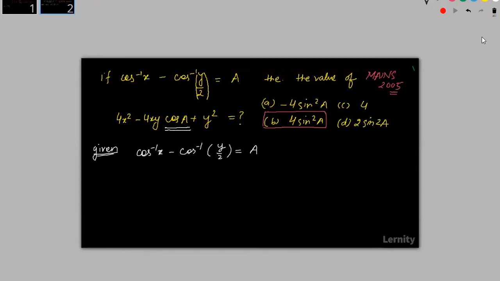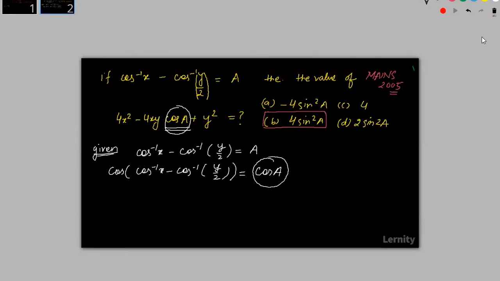So I will take cos on both sides. When I take cos on both sides, this will become cos of (cos inverse of x by 2 minus cos inverse of y by 3) is equal to cos A. So this part has been taken care of. I know that I have to take cos because this was in cos, and now I have cos A, right?